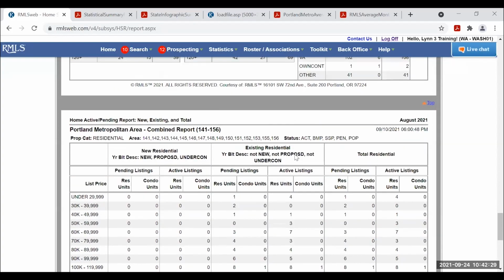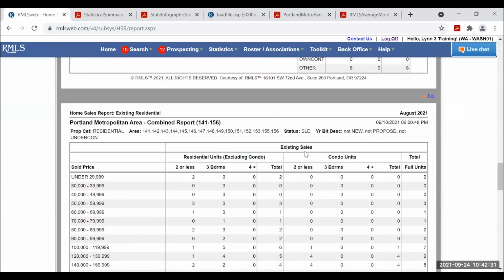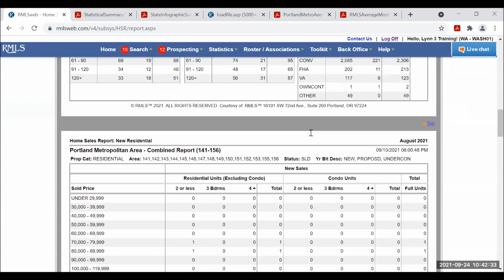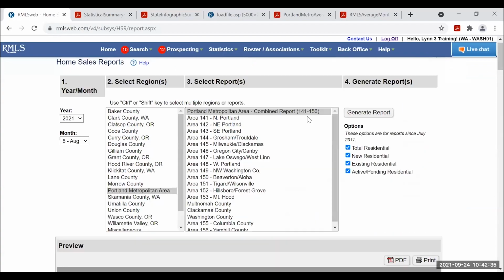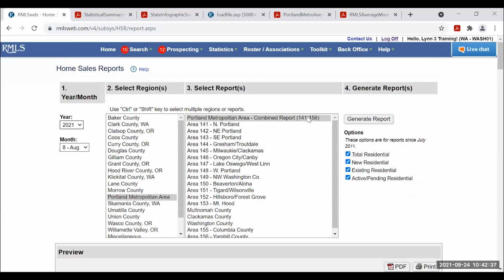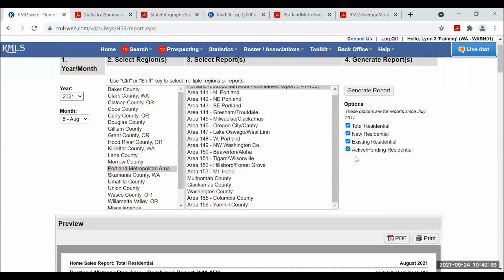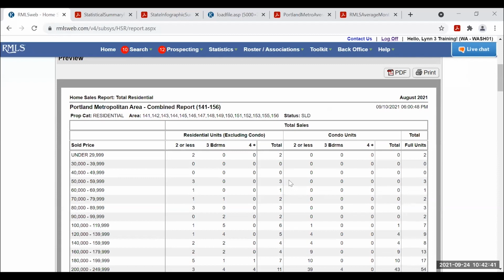The one person I had in this class one time that loved this report better than the others, he had been an actuary for his career. He had done statistics for his career. So his brain was looking at numbers the way my brain looks at a graph. So he thought this was really cool. Okay, but there might be times where it's just nice, the new construction aspect of it, to just easily see where those are falling. That might be helpful sometimes.